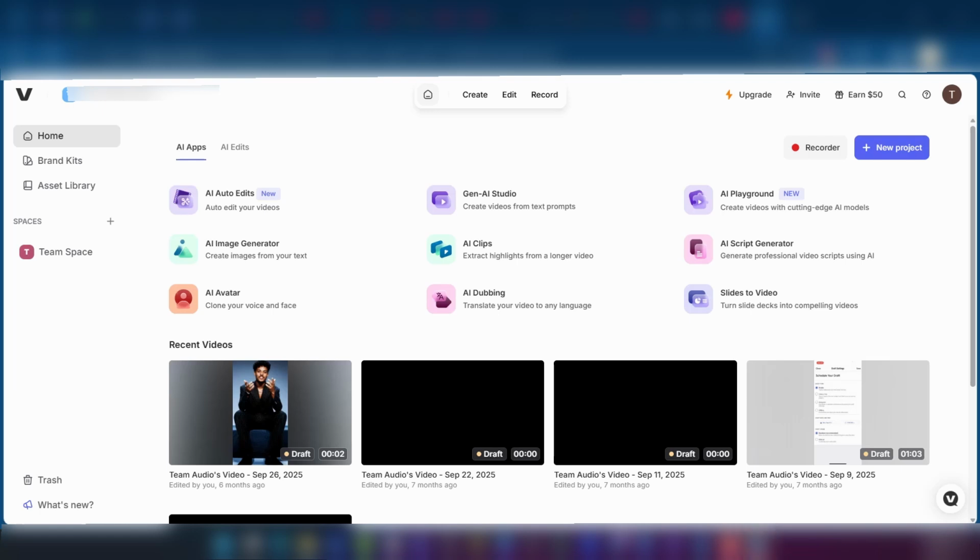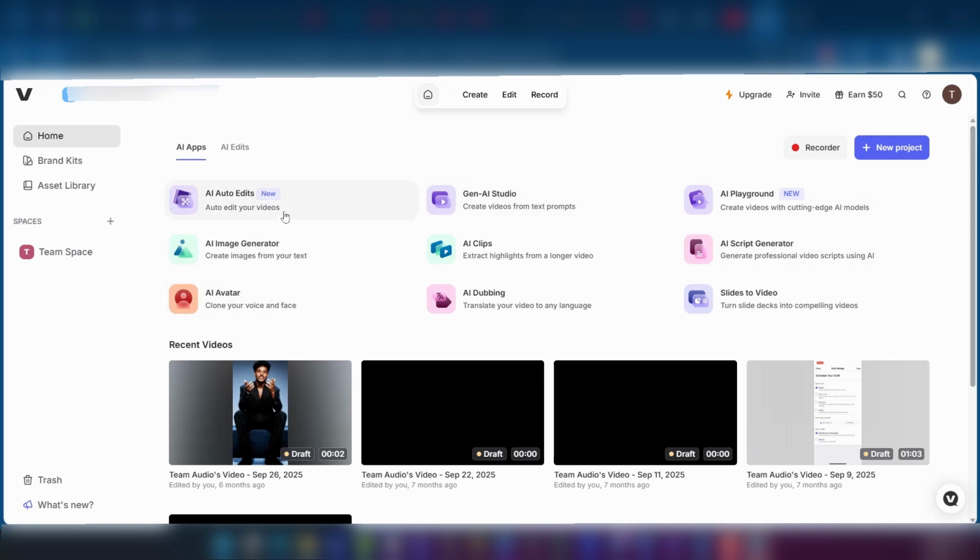If you're a beginner trying to use vid.io for the first time, here are a few things to follow. Now this is a vid.io dashboard once you sign in, and there's lots of things you can do. Vid.io from the start helps you to see the different features that are available, so you can simply pick what